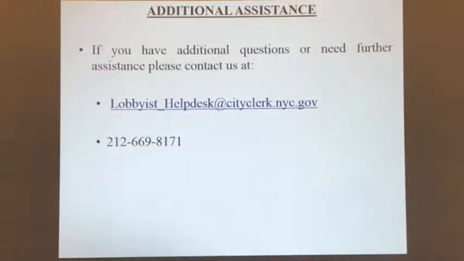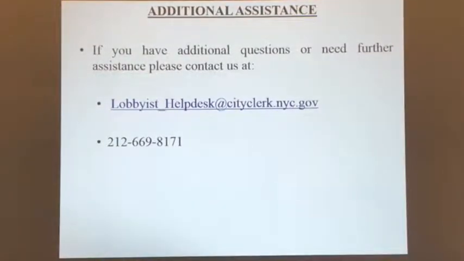Okay, if you ever need additional assistance, we have a help desk email and we also have a phone number. Generally, it's me that answers the help desk, so please email me if you have questions. We have a helpline. All of our staff members take turns answering. And generally, if you are lost within a report and you need step-by-step help, call. But if you have general basic questions, you can always email.